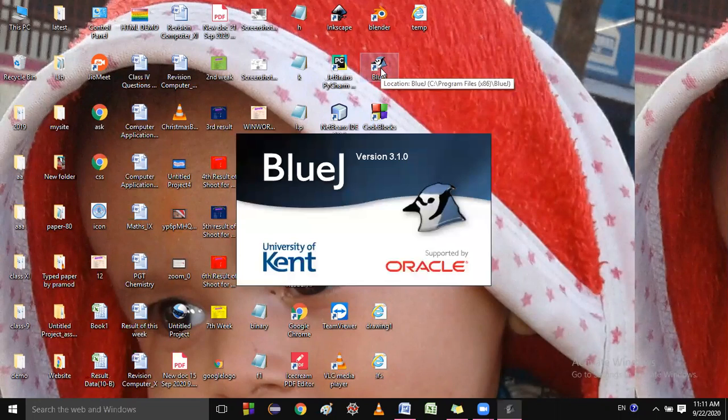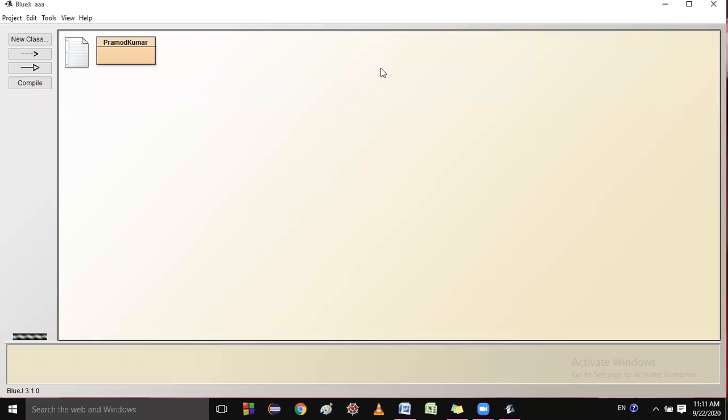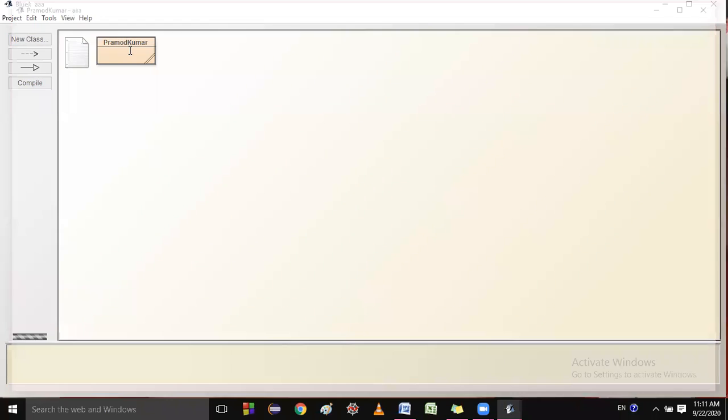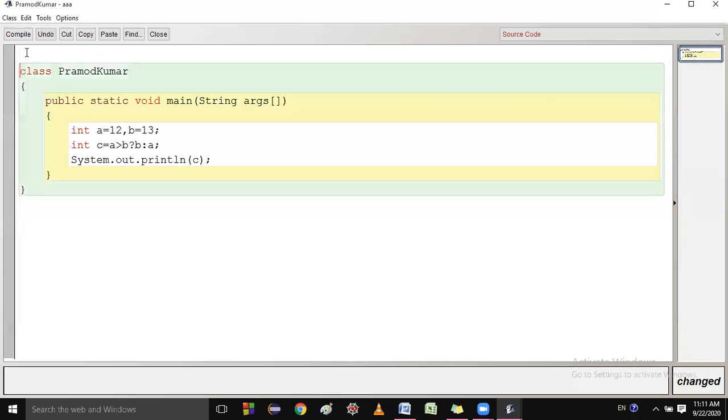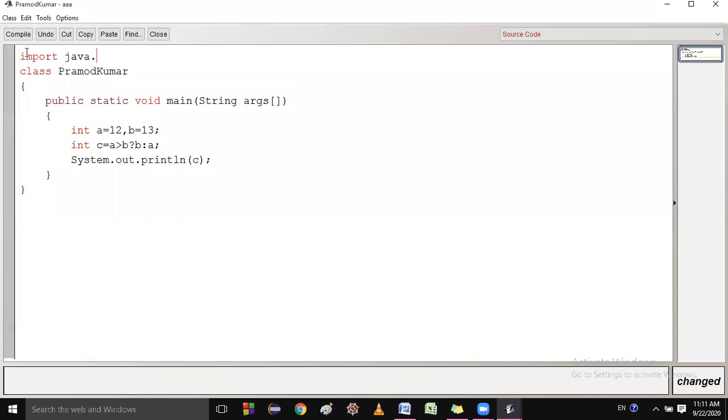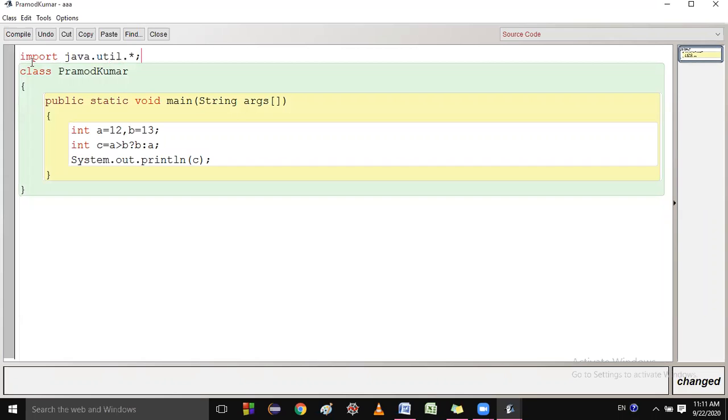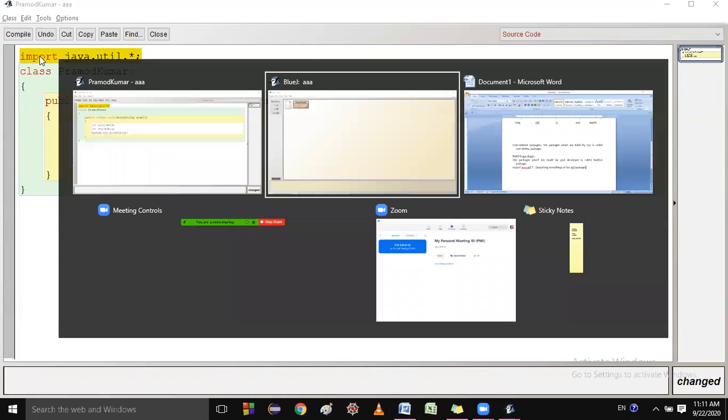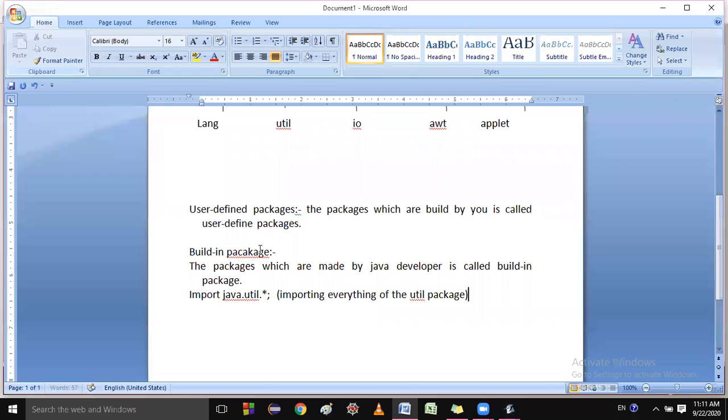The first line of your code will be this import keyword. Click on this, you will write here import java.util.*; so the first line must be the importing line if you are importing any Java packages. Is it clear to you? Yes.